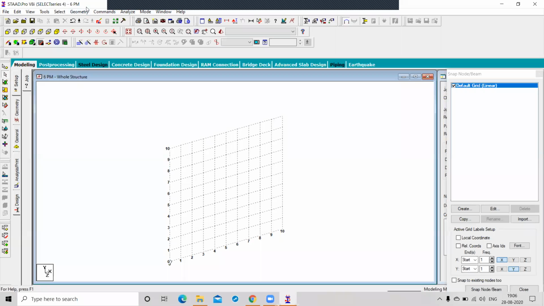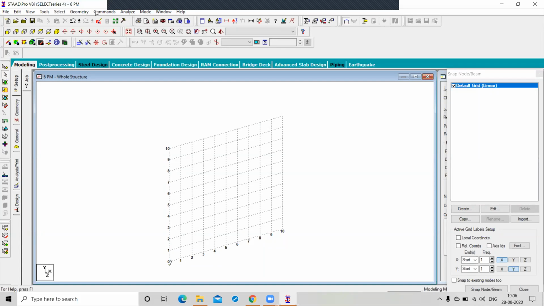What was the third method of creating geometry? Remember? On our first day, I told you the first 3 methods of creating geometry. First one is the snap grid method, second one is the coordinate method, and the third one is the run structure wizard.